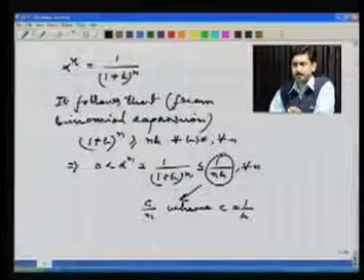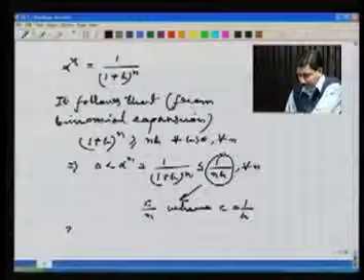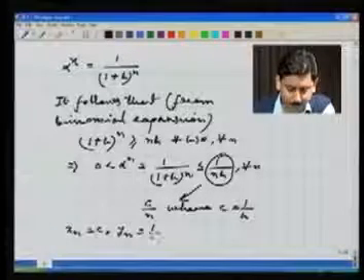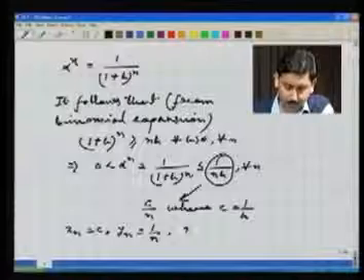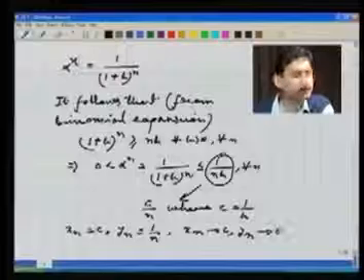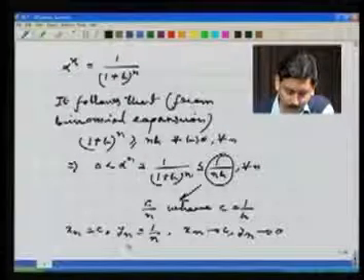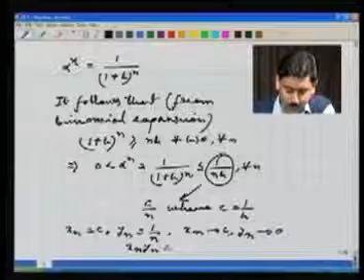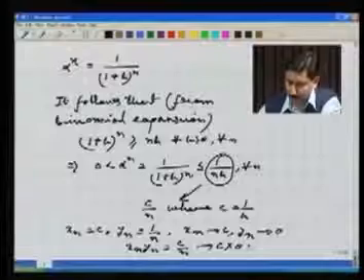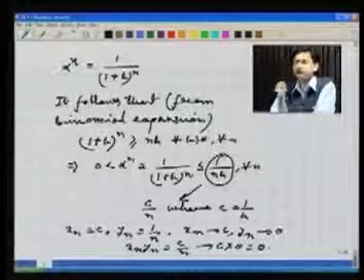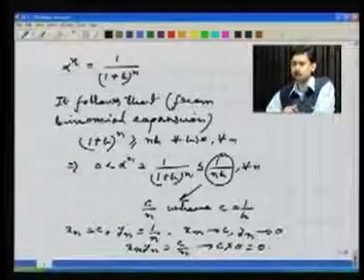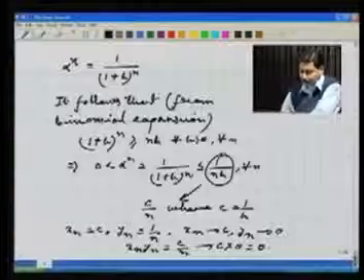Well, then what is the limit? Look at the constant sequence xn equal to c and yn equals to 1 by n. I know xn converges to c. I also know that yn converges to 0. Then by my product rule, xn yn, which is c by n, converges to c into 0, which is 0. And that's what we wanted to prove. Now I am going to use this result to produce examples of Cauchy sequences. In that direction, first I want to prove a theorem.